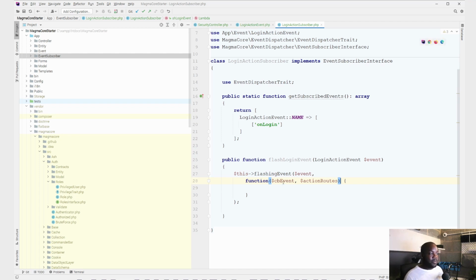So I've named it callback event just to distinguish that we're not actually using this particular event. We're using an event that's already passed to this closure internally, and I will show you that actually in a bit. So what we're going to be doing is we're going to be saying CB event, we're going to be saying get object,